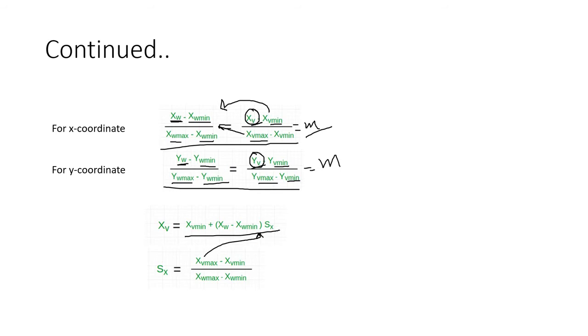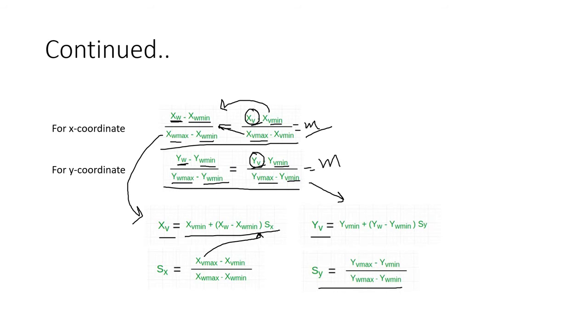And similarly it is going to be applied for y. We need to calculate the value of yv also, and this is going to be the value of sy. So this is actually what I said previously, that whenever we are talking about window to viewport transformation, scaling is the first thing that is going to happen. So we are denoting that particular decision parameter using the sx and sy. That means this multiplication thing is getting denoted by sx and sy. So that was the total equation.